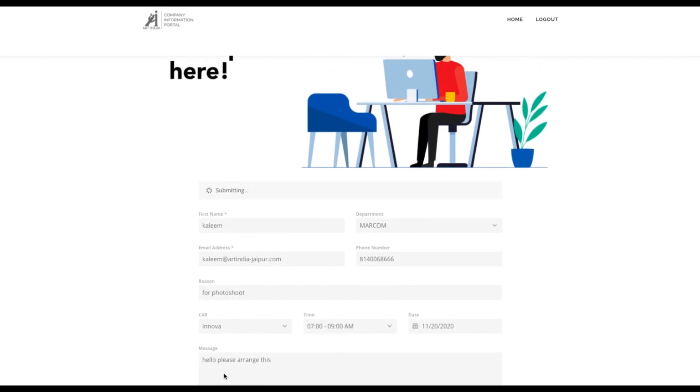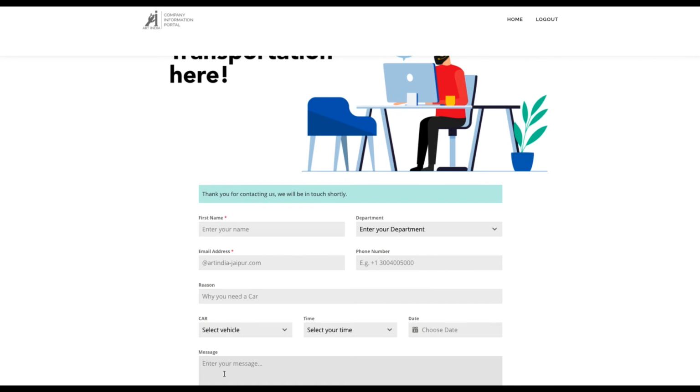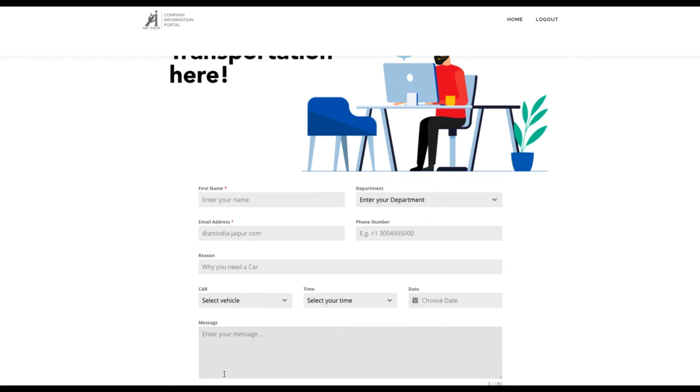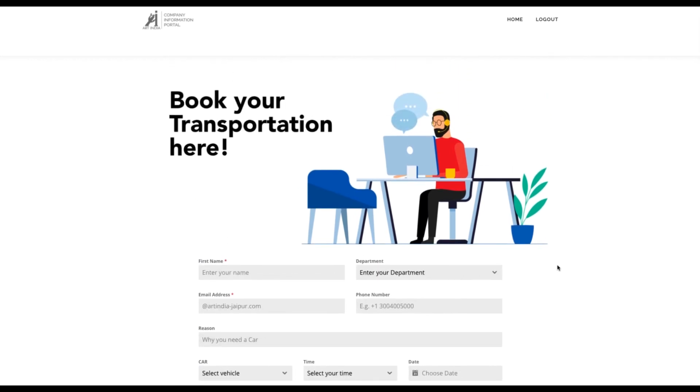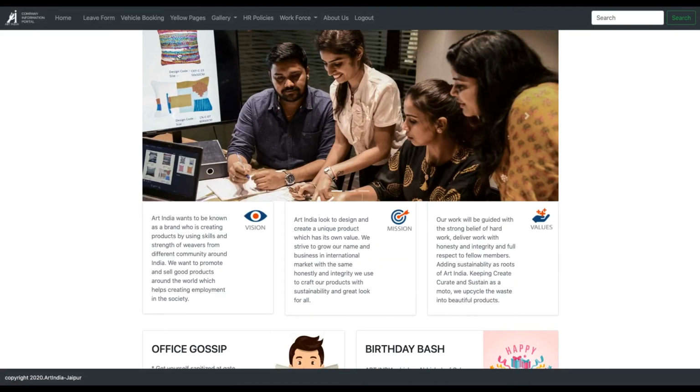Now you will see it says submitting, and we have a message here, thank you for contacting us, we will be in touch shortly. So you will receive a message or a token number at your mail ID, and the person who will manage it also receives your request, and he will contact you shortly.